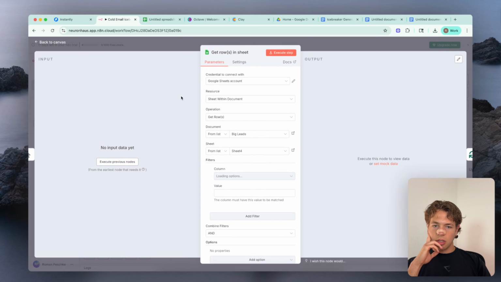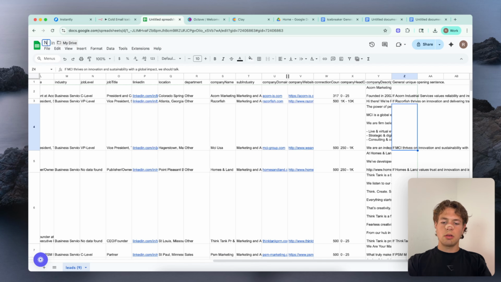So we're going to get rows in sheets. And we're going to call this campaign 3. It's going to be called leads 9. Sure, why not?